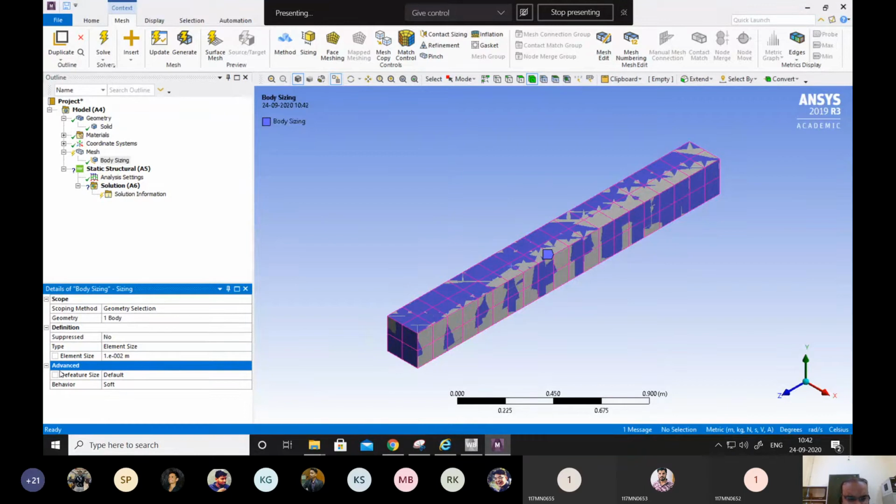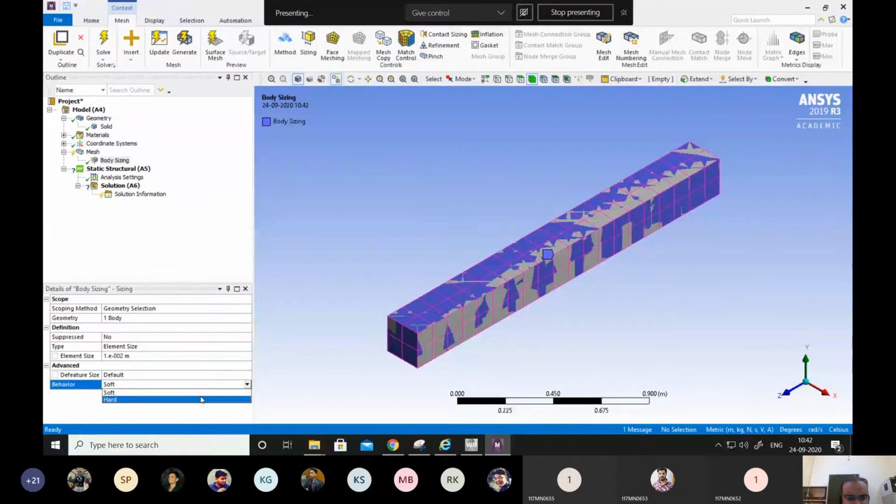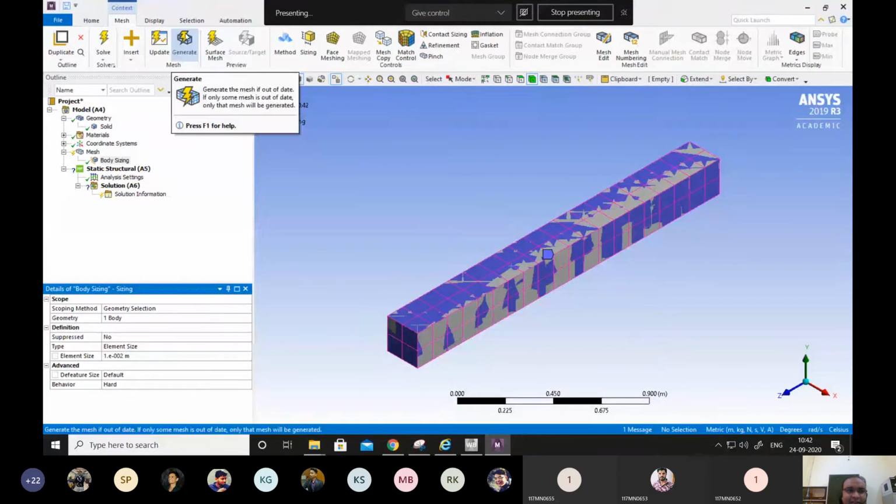That is done. We change the behavior to hard mesh. By putting the hard mesh, it basically overrules the existing meshes at whichever face, whichever side we want. And let's click generate again.